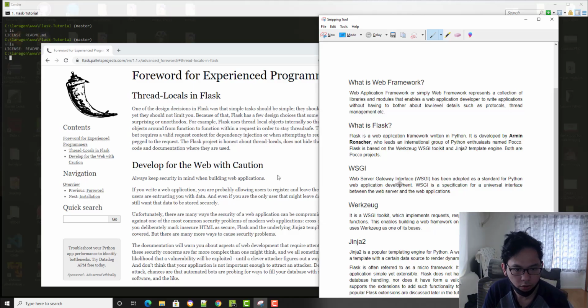And yeah, so let's next, what is Flask? Flask is a web application framework written in Python. The easiest way I can explain Flask is a micro framework compared to Django. So what's the difference between Flask and Django? Flask is a micro framework and Django is a